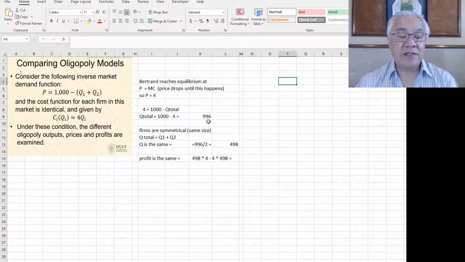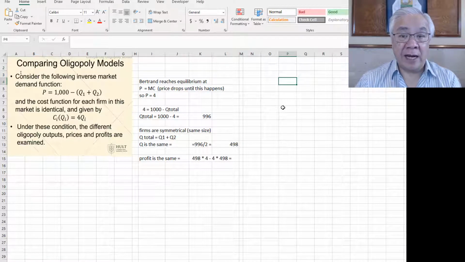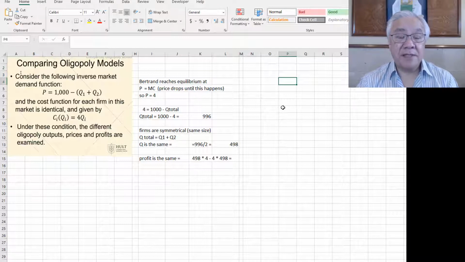In this case, they're symmetrical and the same, therefore the same size. So Q1 equals Q2, and the sum equals the total. So they split it. Out of the 996, each will get 498. And the profit is also the same because they have the same costs. So they have 498, which is the quantity, times the price of 4, minus 4 times their quantity of 498,